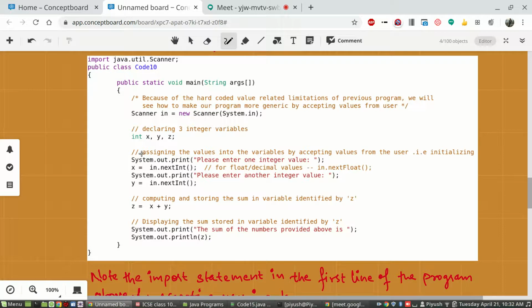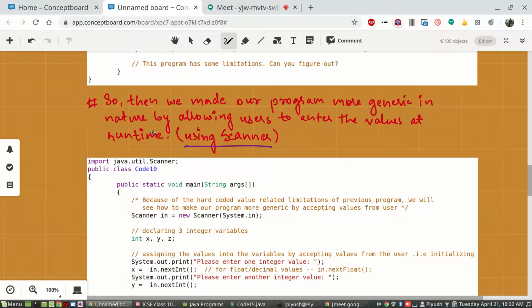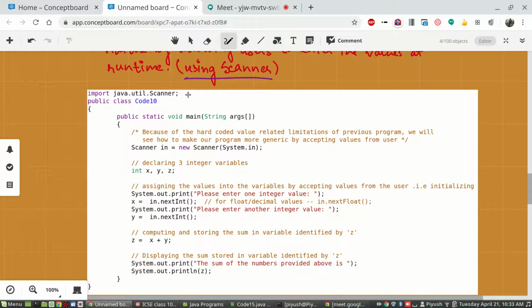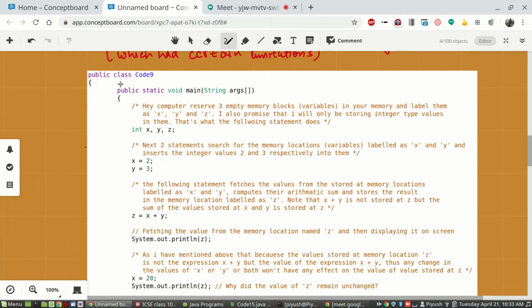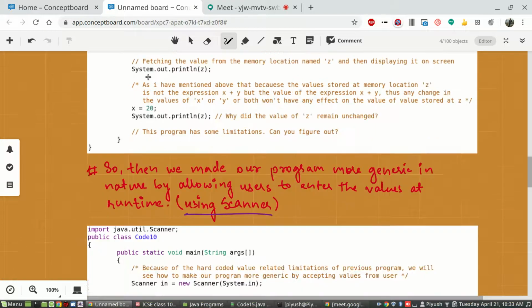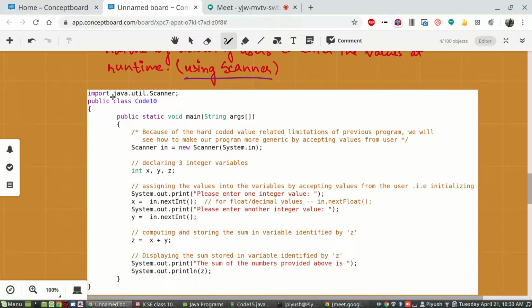The steps are the same. Like we had discussed, whenever you need to ask for values from outside, that is from the user, two additional lines appear in your template. Of course, we will learn about the meaning of this later on. So what are those two additional lines that need to be added in your default template? Just before the public class, your file name or the class name, you will add this line: import java.util.Scanner.